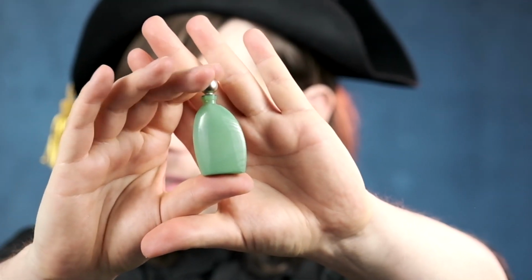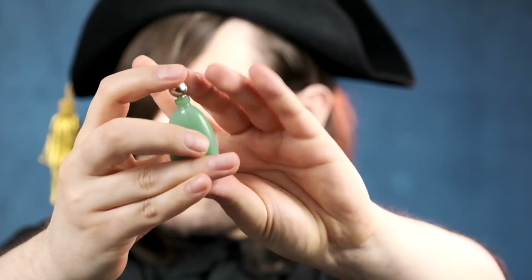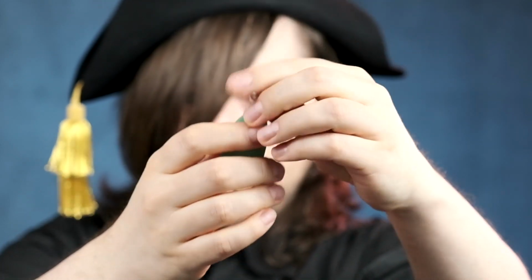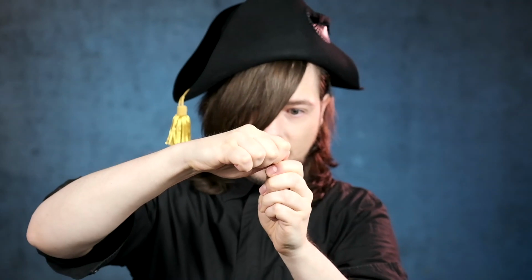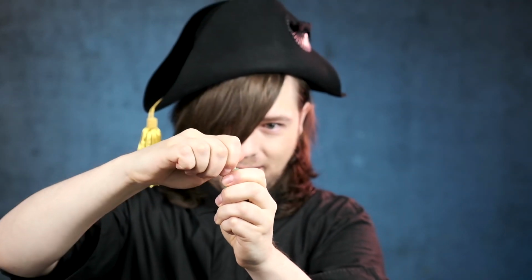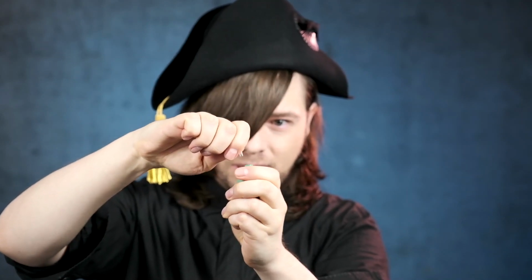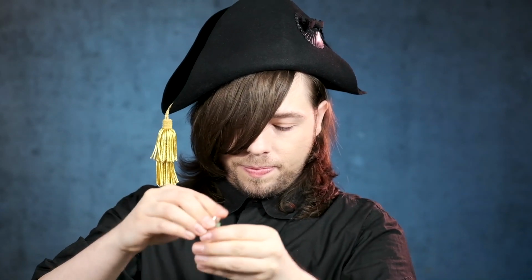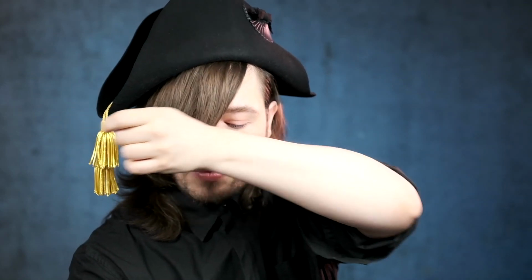So we are going to place the miniature original formulation splash of Eden on this wrist here. Okay. Let's do that. It's kind of hard with the splash bottles. I need some more juice, you guys. Oh, there you go. That's a lot of it. Good. Okay. Whoa, that's intense. Loving it. And now we're going to do...